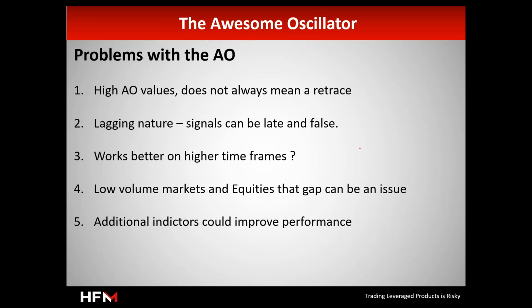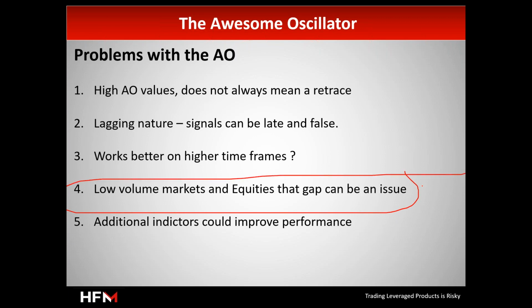If we are facing low volume markets right now, like now, because it's August and people are on holidays, we have very low liquidity in the markets. That's why you need to be careful in general, because all the indicators might be misleading during low volume markets. It's not only about the Awesome Oscillator, but that point applies to all the indicators. Always use it with an extra indicator, as I said.